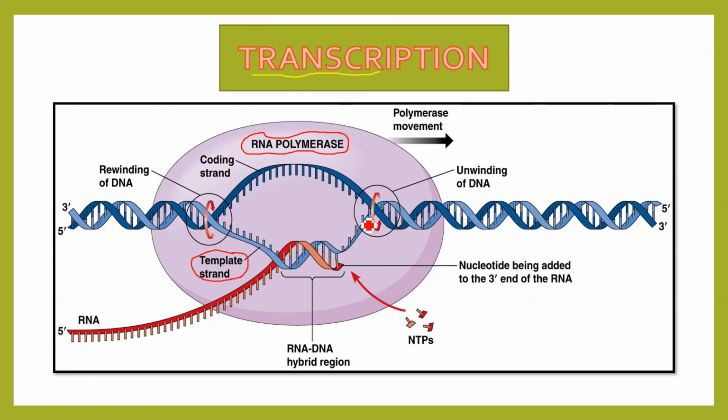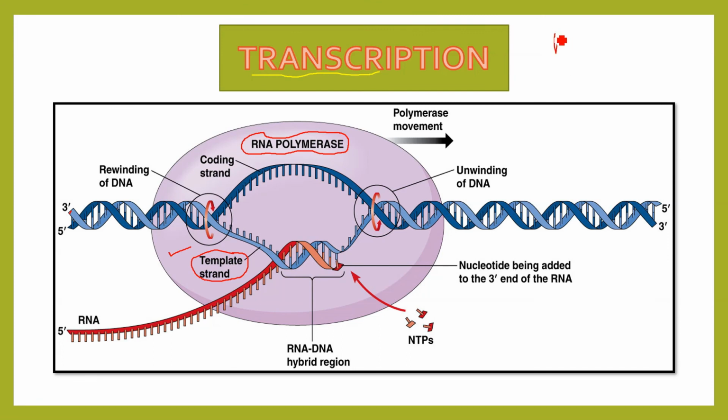On this template strand, the strand which is from 3' to 5' in orientation is considered to be the template. The reason behind that is that the RNA polymerase always works in the 5' to 3' direction. Once the RNA polymerase comes, there is a bubble formation which takes place in the DNA, and whatever base pair is there of the DNA will be pairing with the adenine.